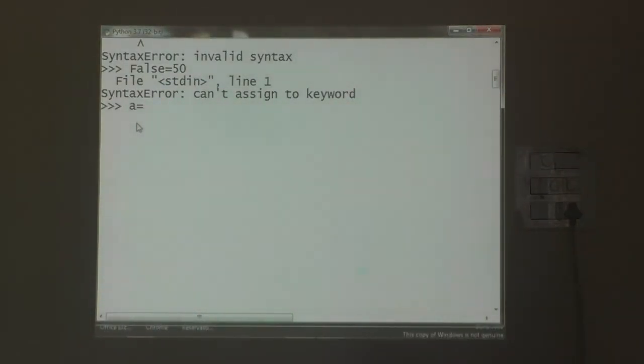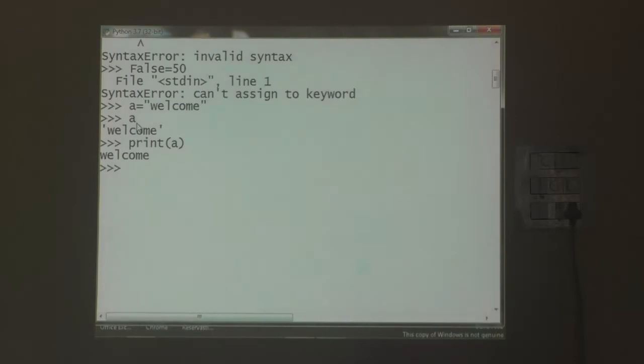A is equal to welcome. Welcome is a sequence of characters, a string, enclosed within single quotes or double quotes. Any one of them we can use. Whenever we print the value of A, welcome is displayed on the screen.